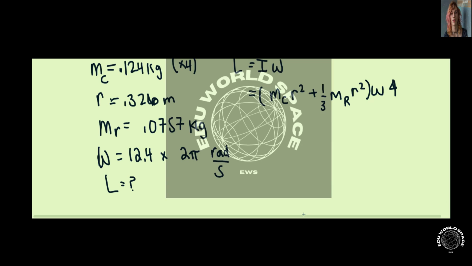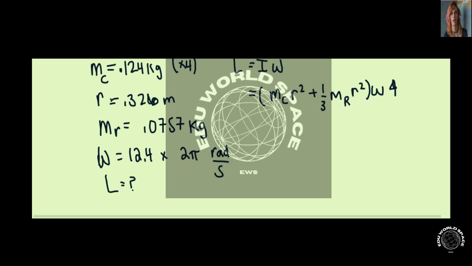So we're going to do 4 times 12.4 times 2 pi times the mass of cup, 0.124, times 0.326 squared,